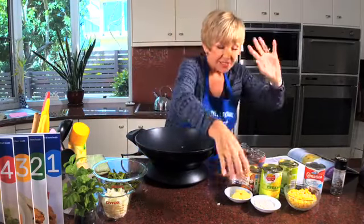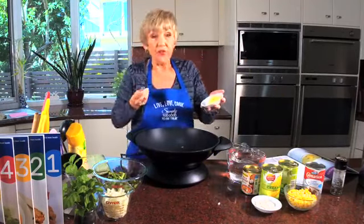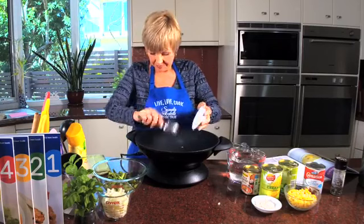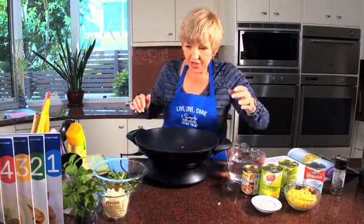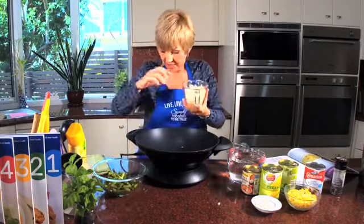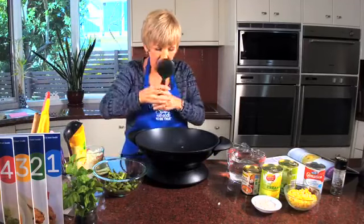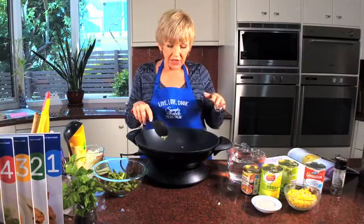So first of all we start with the butter, or the Flora-Lite margarine of course, so we melt that. And I throw in the onion at this point. So I want to melt this first. Where's my little turtle? All right, so the idea is that when you're making soups, there's little tricks